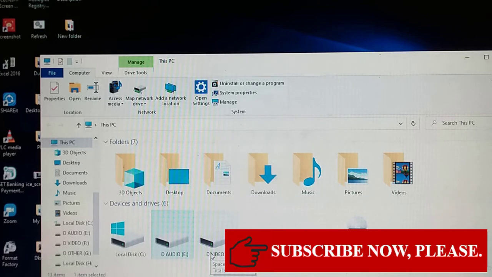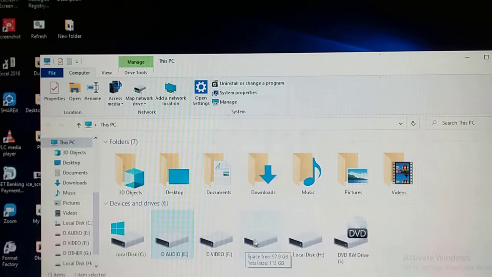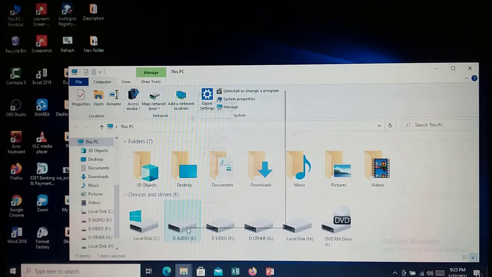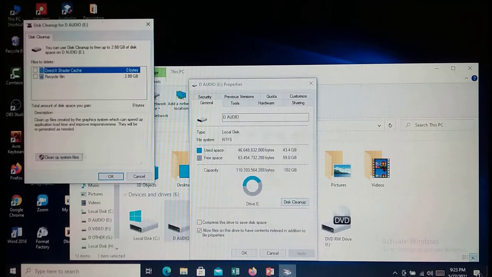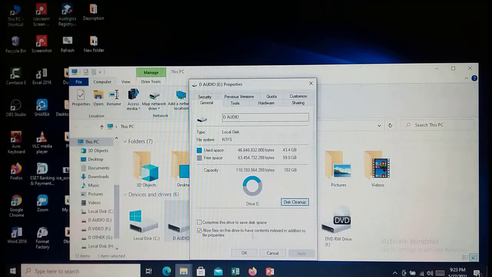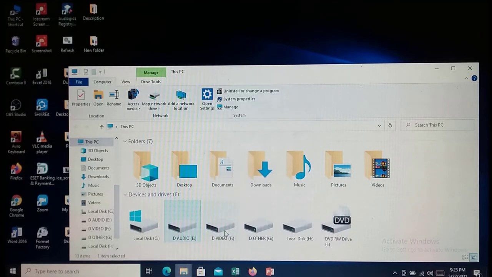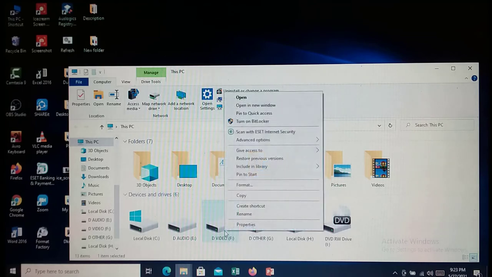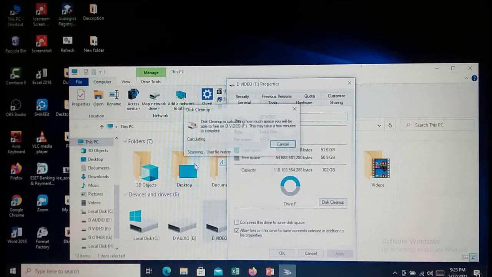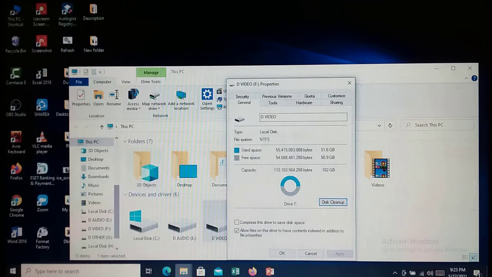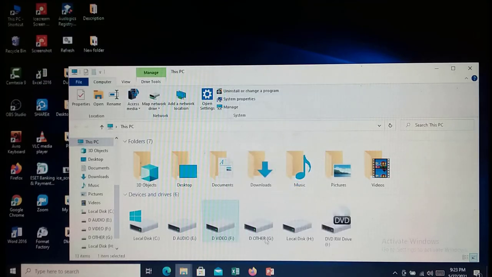Dear viewers, in the same way you can run disk cleanup on all the drives. Next F drive, properties, disk cleanup, OK, OK.